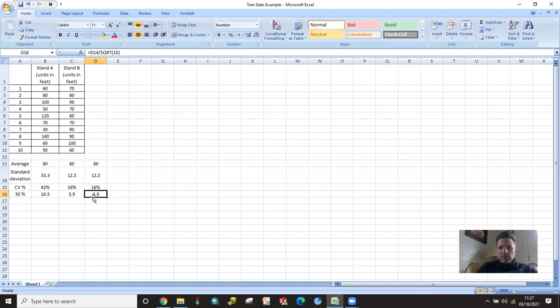So hopefully that helps you with some of the basic statistics that you'll need for this week and last week's lab or assignment 8 and 9. And you'll be able to give these summary statistics. And then I'd like you just to describe that the sampling here is pretty darn good. 10% is generally what we're kind of shooting for with forest information. So if you have something higher than that, we would probably just have to sample more is what it comes down to. So we'd have to put in maybe more strips, or if you're doing plots, you would have to include more